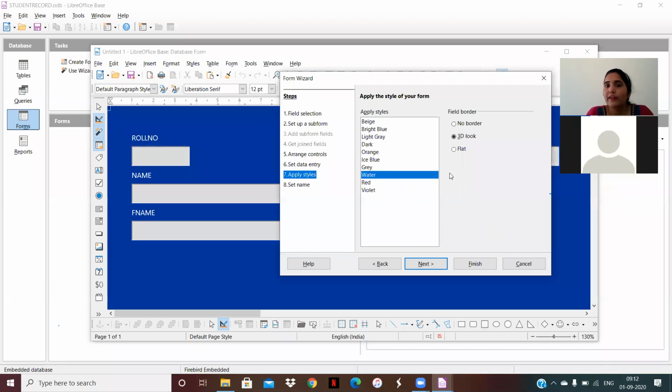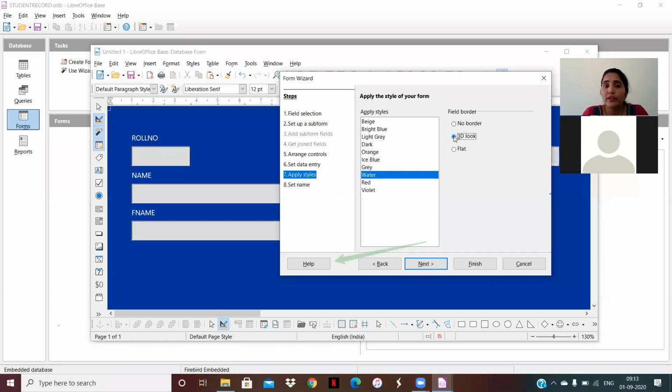And then it shows the field border, meaning what kind of border you want to set on your fields. No border means there will be no border. 3D look means 3D type look, and if you click on flat, now you can see the changes. When I set no border, your box shows like this.